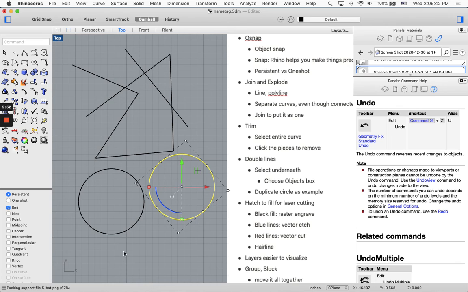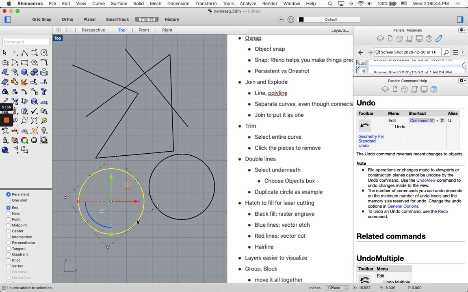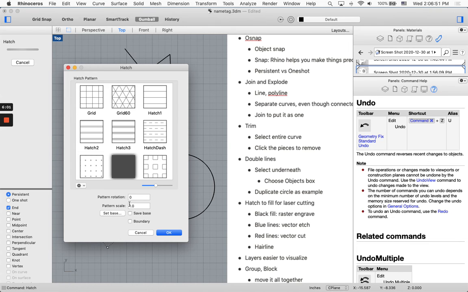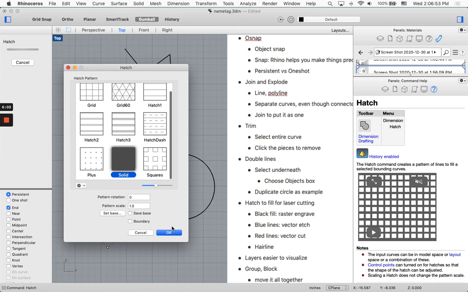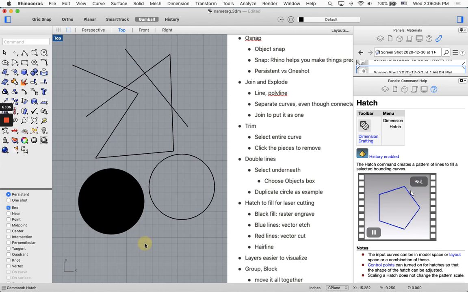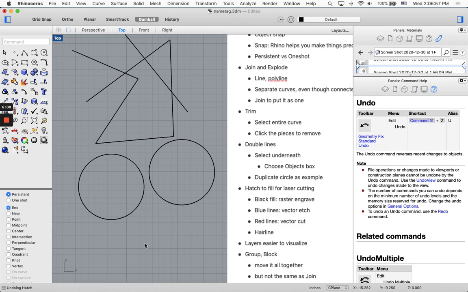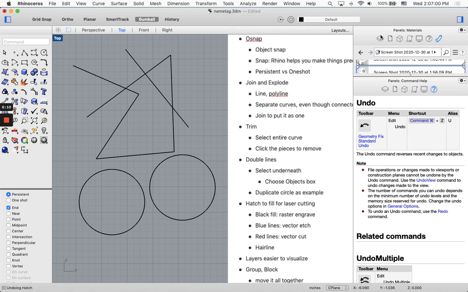10% of. And so anyways, if you are instructed to make your shape filled, okay, what you do is you select whatever shape, type hatch, and then you can pick just a solid fill, and then there you go, and that'll be all set. The last piece, I'm not going to go super in depth, but just to point out,